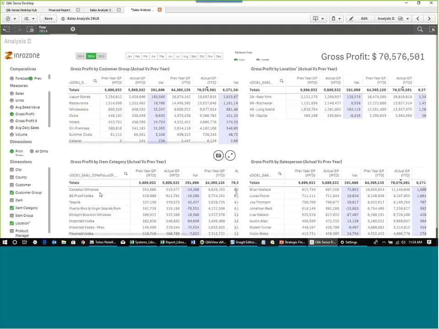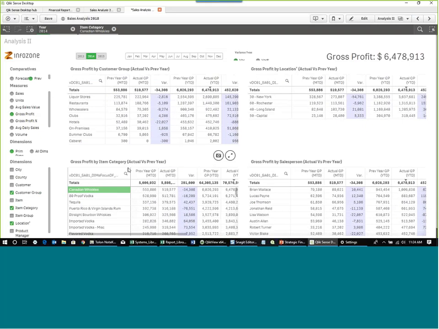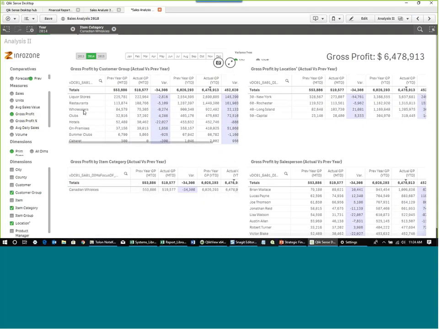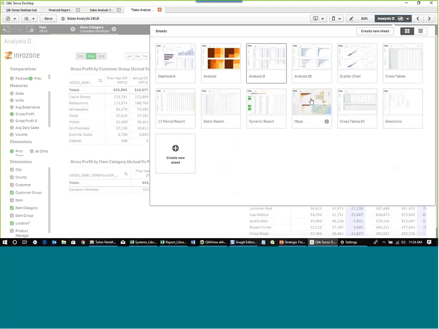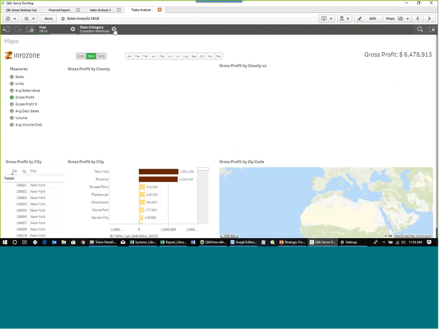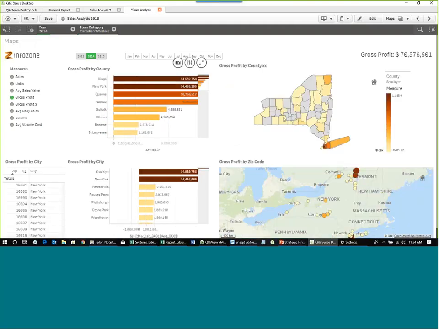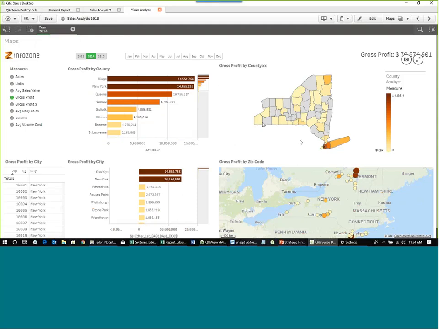Or you can start from Canadian whiskies and say, what is Canadian whiskies doing? So that's how it sells through liquor stores. That's by location, and that's by salesperson. And what is quite nice with the new version of Qlik is you can look at this data in a graphical format, and once again you've got all the handles to change it. One more thing that I want to show you before we go to questions is